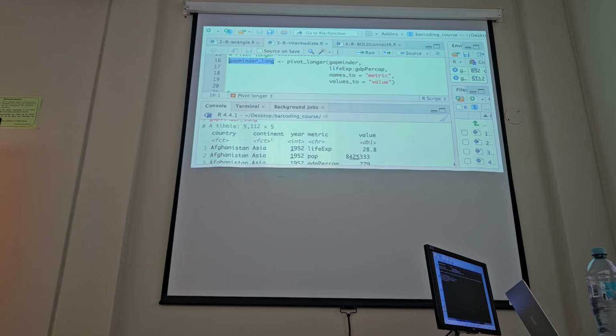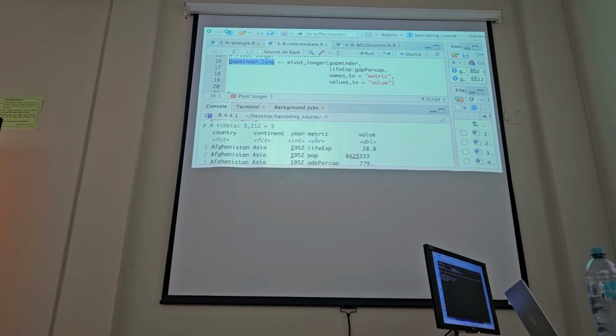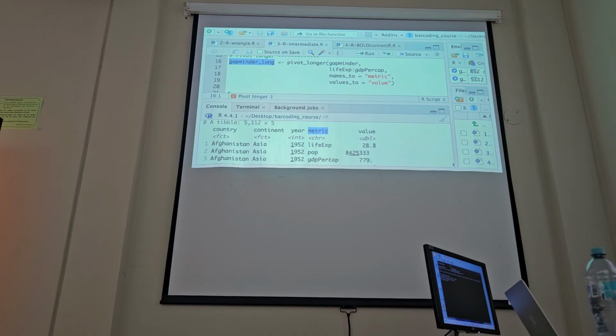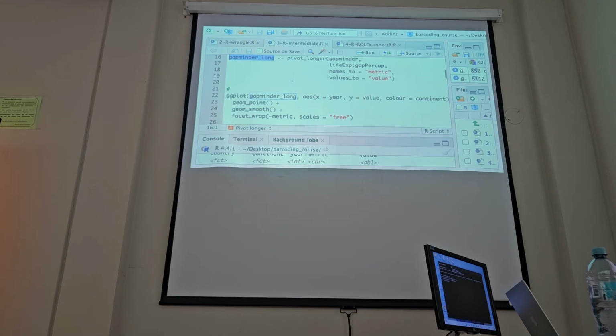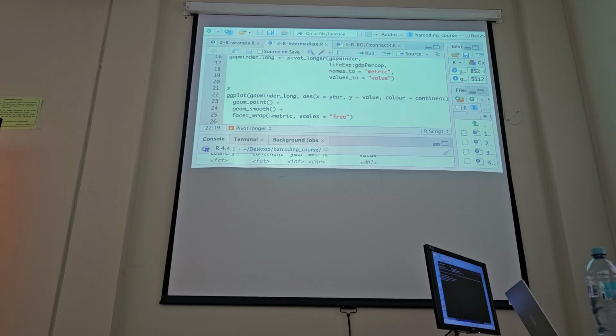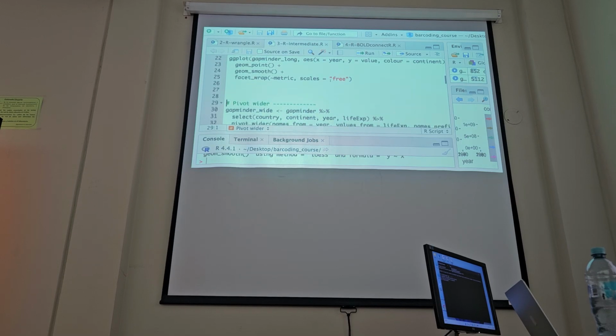And you can see now there's only 5 columns. Our new column is called metric, with life expectancy, population, GDP per capita, and all those numbers are in the value column. So we made this data set longer. It originally had 1,700 rows, now it has 5,012. And we might want to do that because you might want to make a plot that looks something like this. If you run the next line from 22,